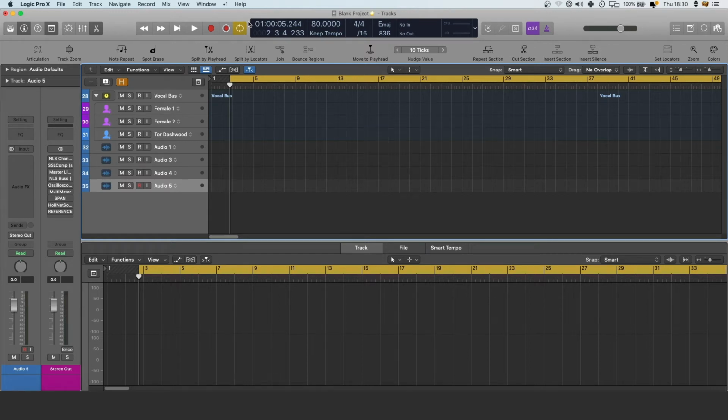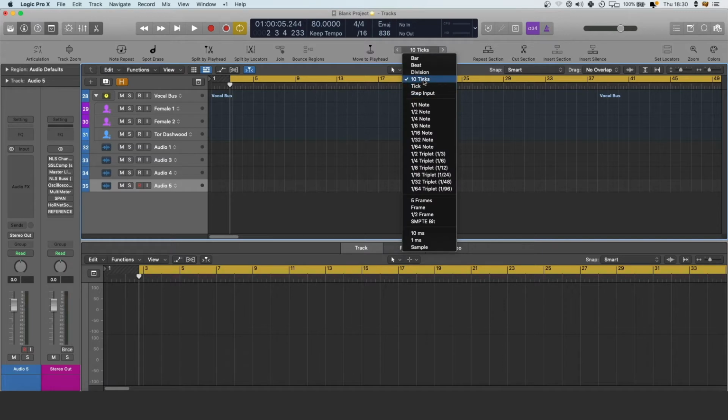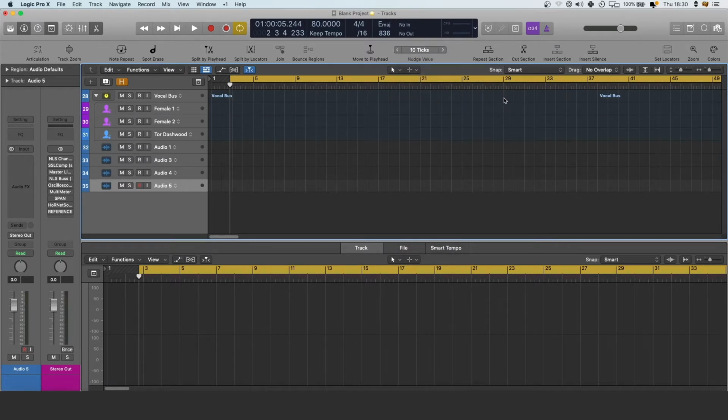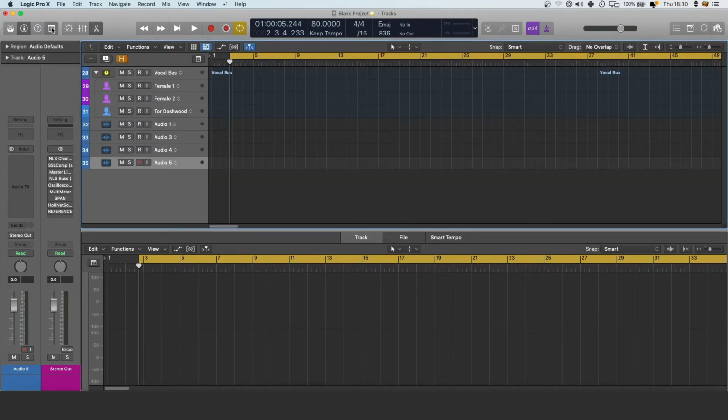I'm just here with a quick Logic tutorial. I'm going to show you how to map a MIDI fader to scroll through these nudge values that you can see here. In Logic, when you want to change a nudge value, you have to kind of click in here,